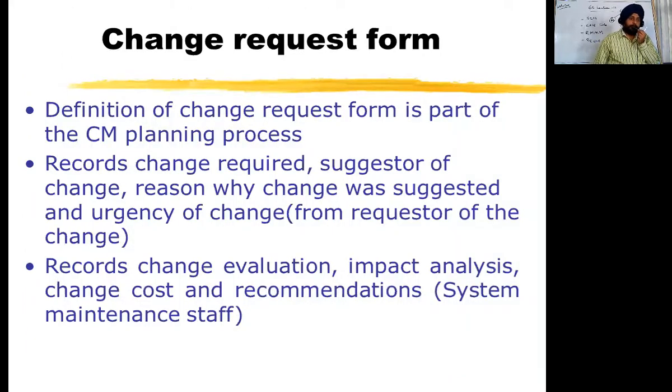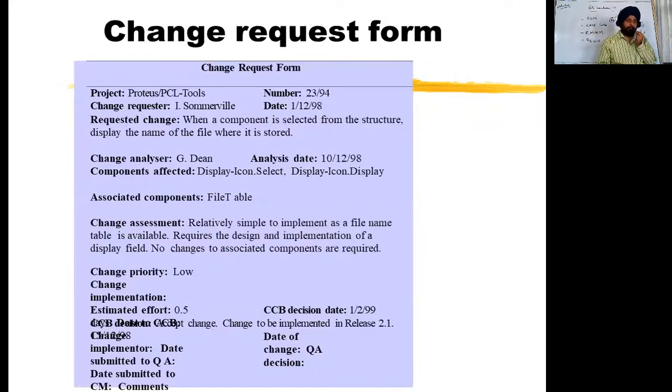So a change request form is there. It is not that one may just stand and say please change. Whoever wants a change, either the user, the developer, or the market evaluators, that particular form has to be filled. Then only the change request is forwarded, and then the team sees whether this request is valid or not, or whether the change has to be brought or not. Next. So there is a sample change request form. Different companies have different types of samples of their change request form. So this is one of the samples. Next.